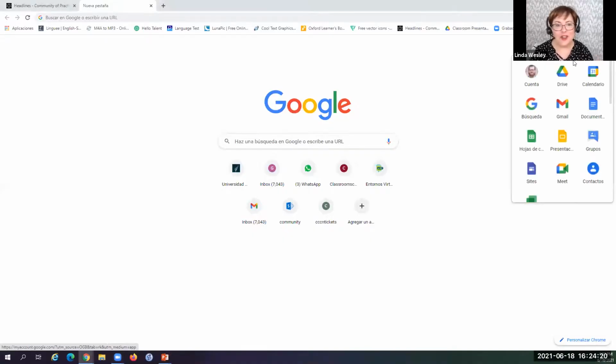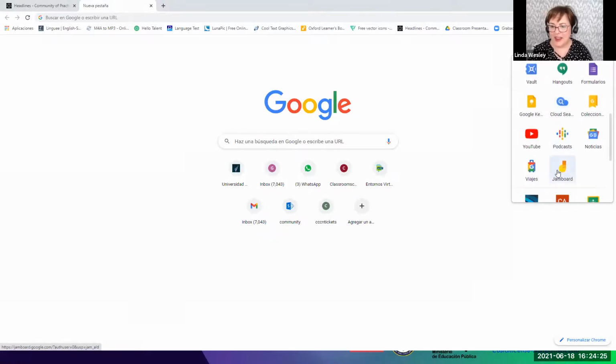And for those of you who use Gmail or any of the Google things, in the top right corner, people call it the waffle. What is it, 9 dots in the top right corner? If you click on that, surprise, surprise, there are so many different apps for Google. One of them is Jamboard, completely free. And it has opened up such a world for me personally. And it fits for those of you who maybe are teaching in Google Suite with Google Classroom. It fits in beautifully.